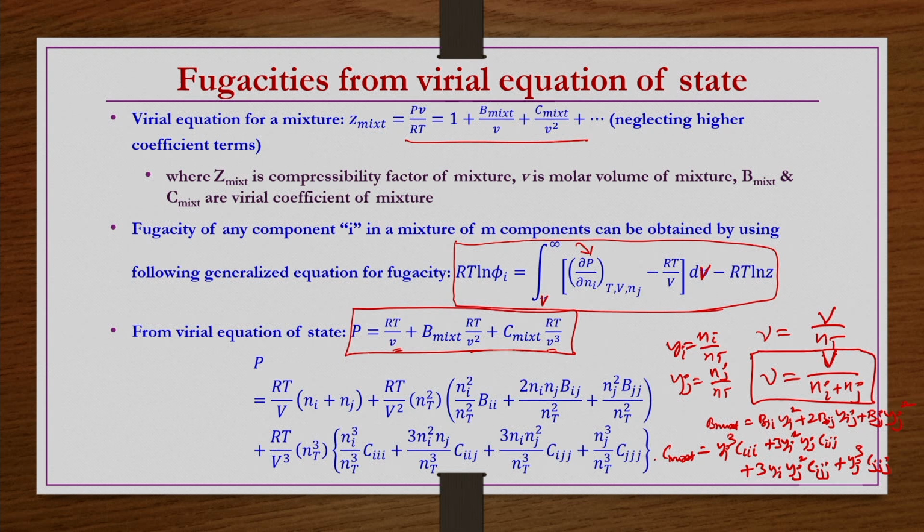This we have also seen. Accordingly, here also for Yi you write Ni by Nt, and for Yj you write Nj by Nt. So, then we have this expression. Now this Nt square and this Nt cube we can cancel out. Then we have this expression